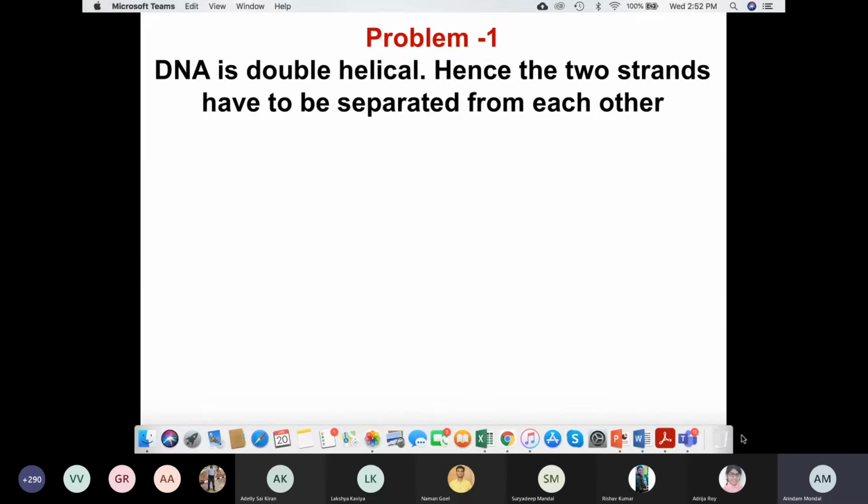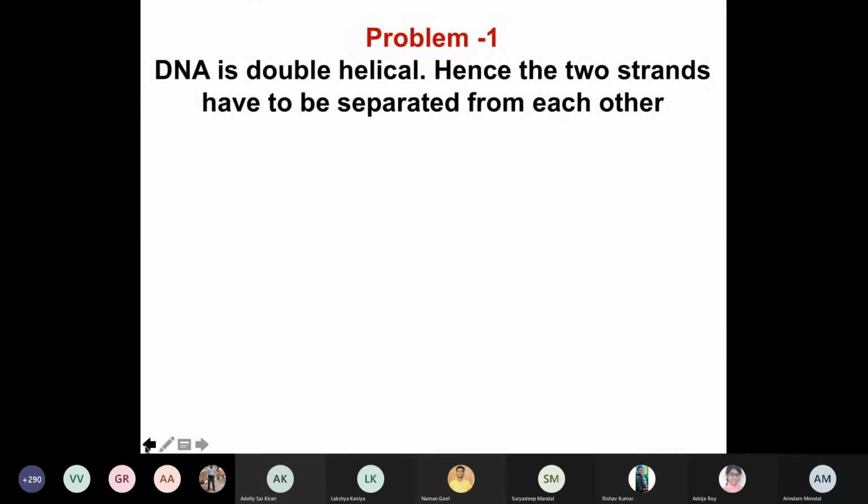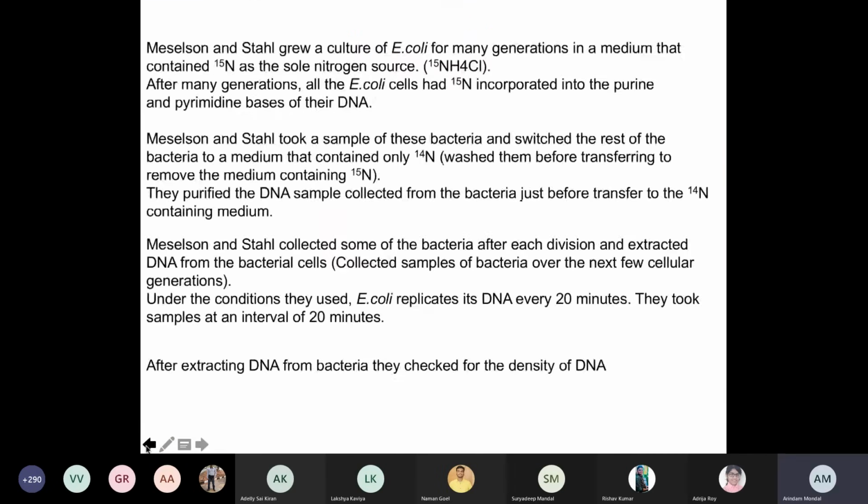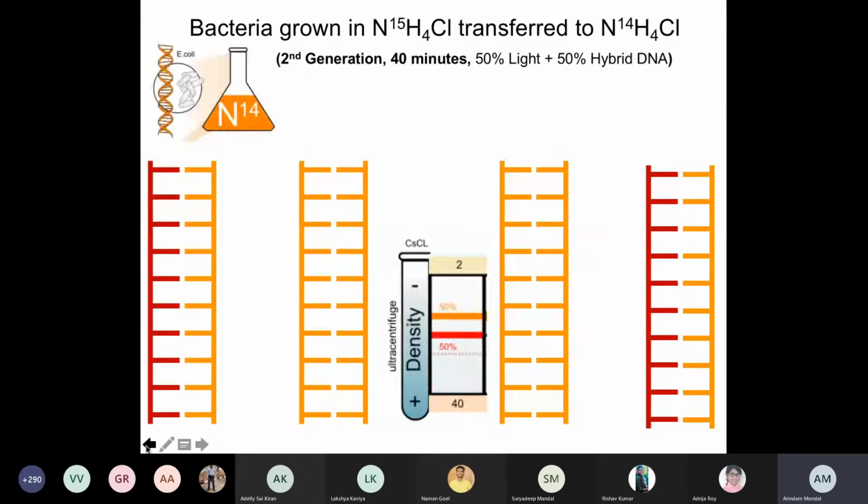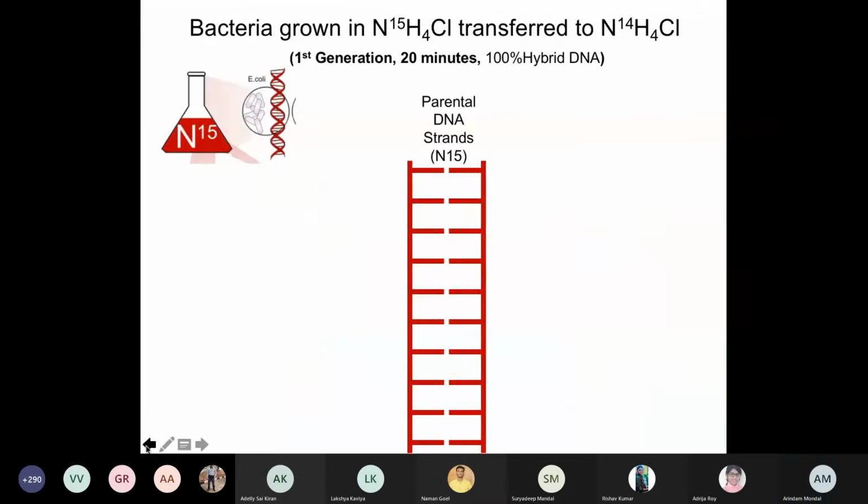And while designing the process, what might be the problems that she has faced and how she has overcome these problems. Okay, let's try to discuss it in this way. So first of all, as we have shown that the DNA replication follows the semi-conservative mode, right? That means